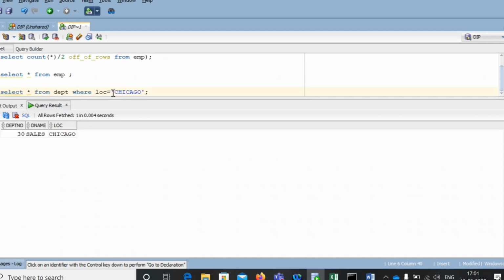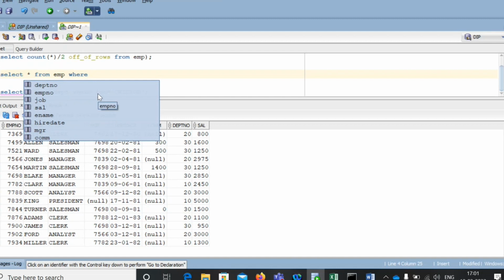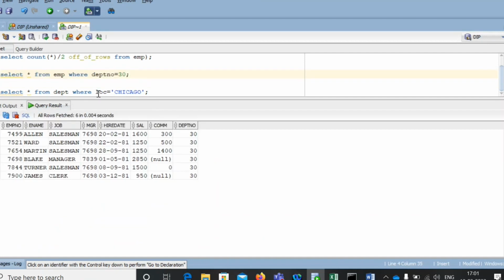So now I need this employee information. Chicago is the 30th department. You cannot guess which department Chicago is related to, right? So usually, if you know that information, check it in the DEPT table and you can check department number equal to 30 in this way, right? So instead of this column value, I'm using